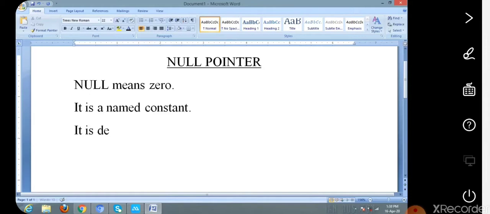It is defined in the stdio.h header file.